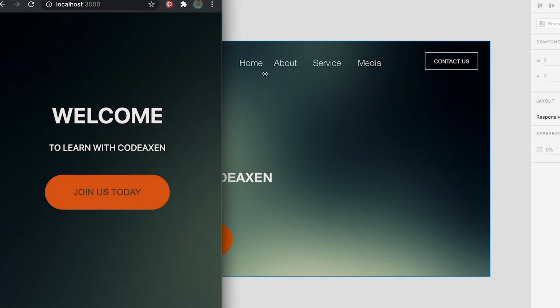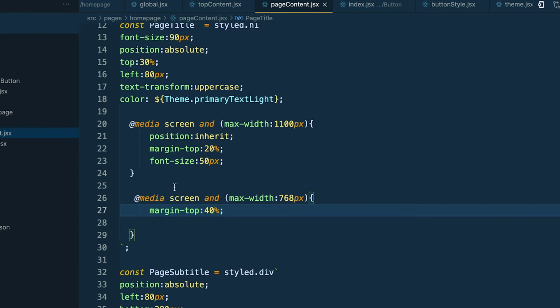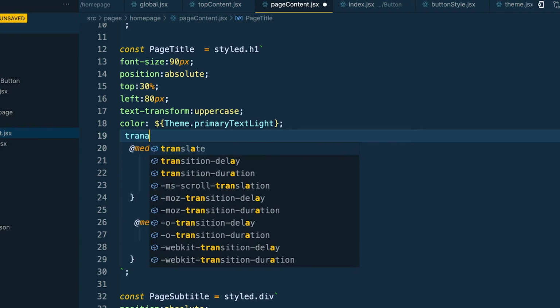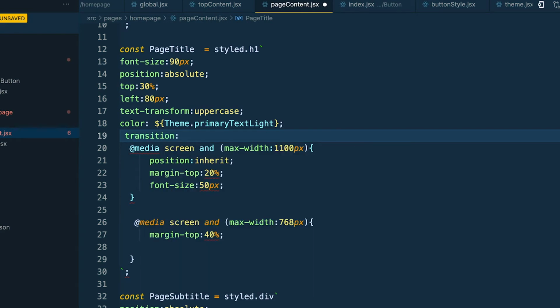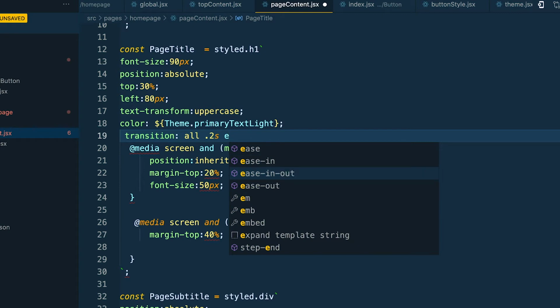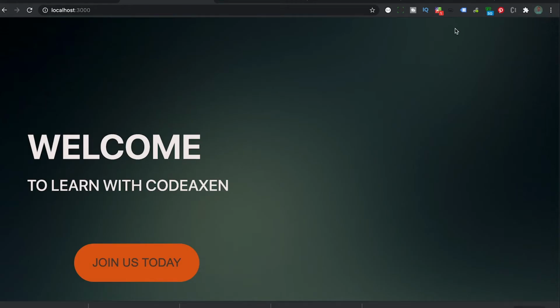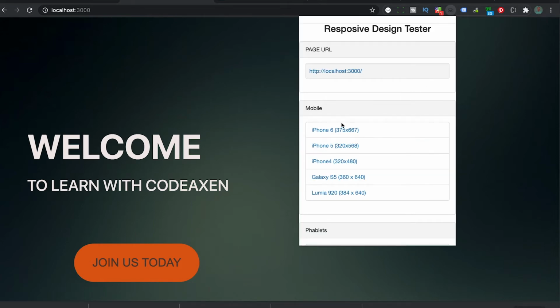Yeah, that will do. And maybe what we can do here is to apply some transition to something like all, ease in, ease out. All right, so if we check out with the different device,